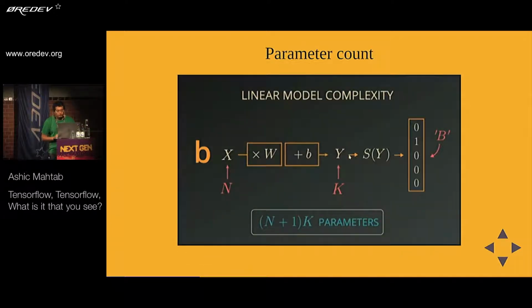Okay. Now, a problem with this is the sheer number of parameters. If this is a linear model, with your x and your weights, you have n plus 1 times k parameters, right? For y, you have k. For the bias term, you have 1. You have an equal number of weights as your input, so you have n plus 1 times k. So if you think about running this on a 64 by 64 image in order to do image recognition, you have a lot of parameters. And the bigger things you train, like when you're training on words to do text processing, it gets exponentially larger. And dealing with all of that with one multiplication becomes prohibitively expensive.